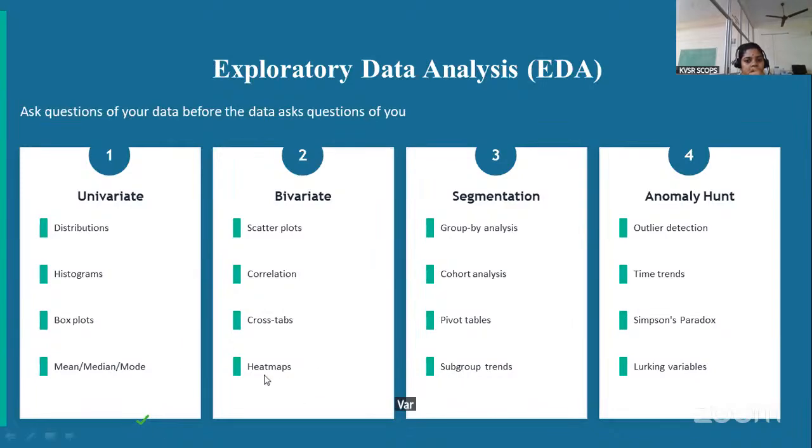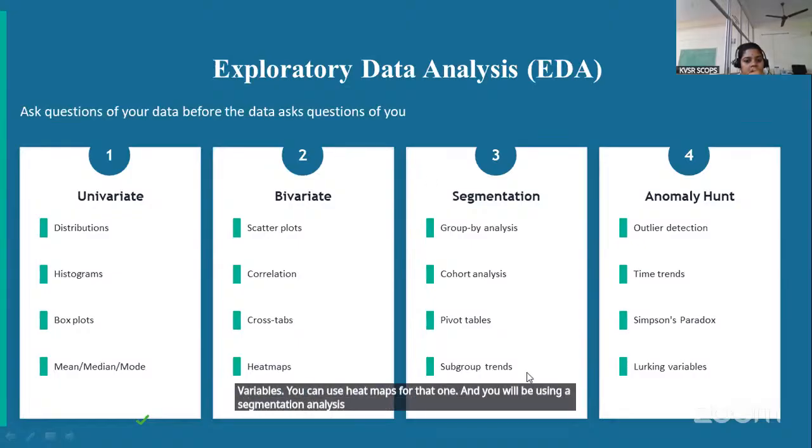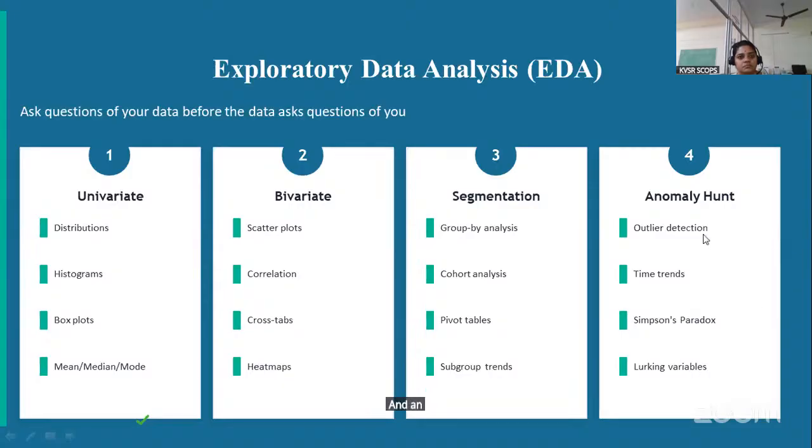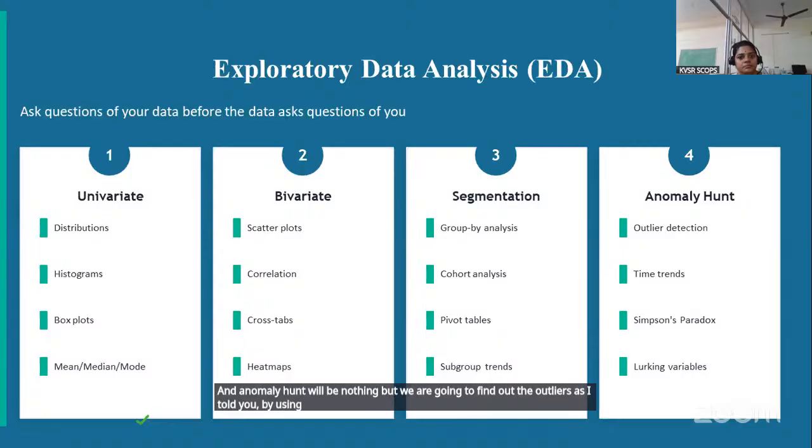You want to understand the correlation between those 7 variables. You can use heat maps for that, and you will be using segmentation analysis where you will be doing group by analysis, cohort analysis, pivot tables. All these will be used in clinical trial grouping and clinical trial data analysis. And anomaly hunt is nothing but finding the outliers. As I told you, by using the IQR method you can find out the outliers, and time trends you will be using if it is a